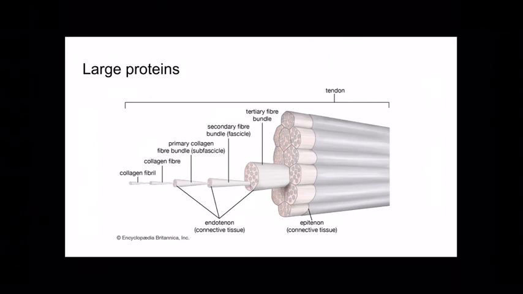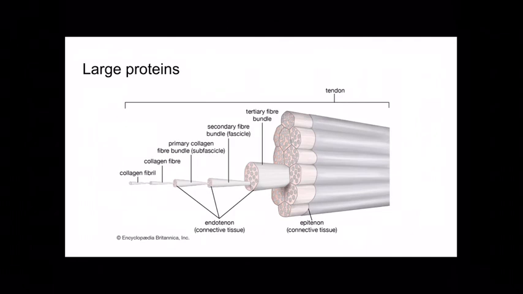So imagine looking at a rope, right? If we took a rope and unraveled it, say a rope is made up of 2 or 3 strands twisted or braided together, and if we took apart one of those strands, that is also made up of strands that are braided together. And if we took apart one of those strings, or smaller strands, we'd find more strings twisted together to form that. And that's essentially what we're looking at. If we get down to the tiniest threads, that's the individual proteins, but we can put them together to make these really enormous proteins that create all the soft tissue structure of our body.